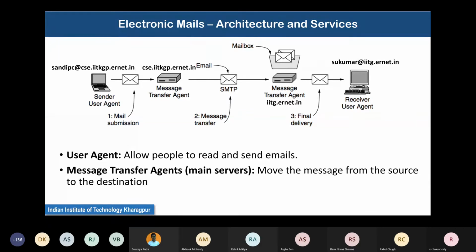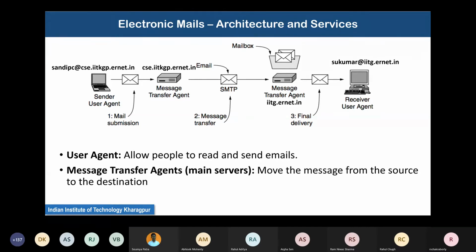So then this email would go to the receiver user agent program where the user would be able to read it. Why are these mails shown in envelopes? Well, this is the usual way physical letters are delivered. There is an envelope which covers the actual content, and as we will see very soon, in electronic mail also, some similar concept is used.